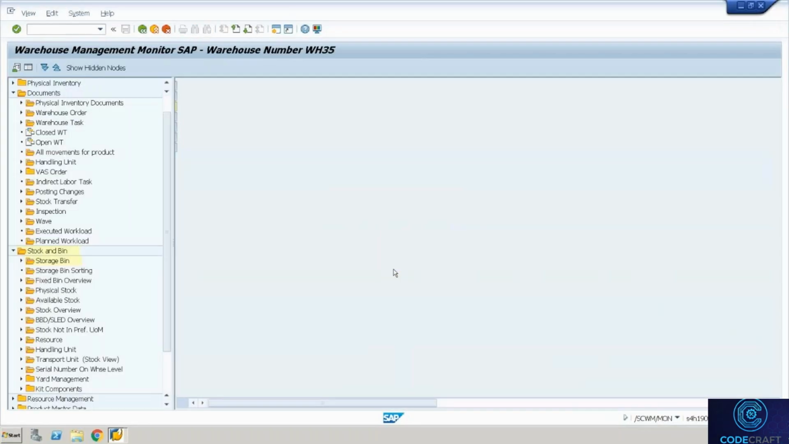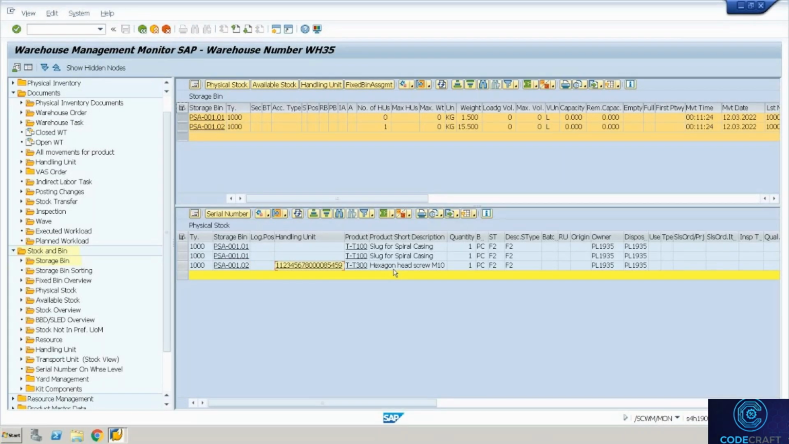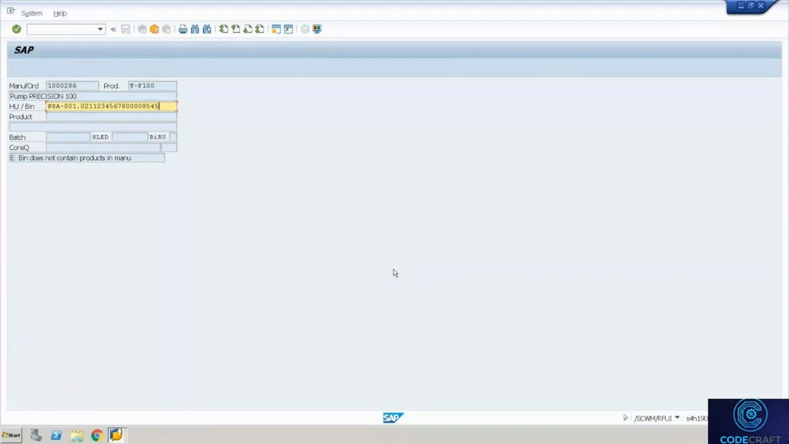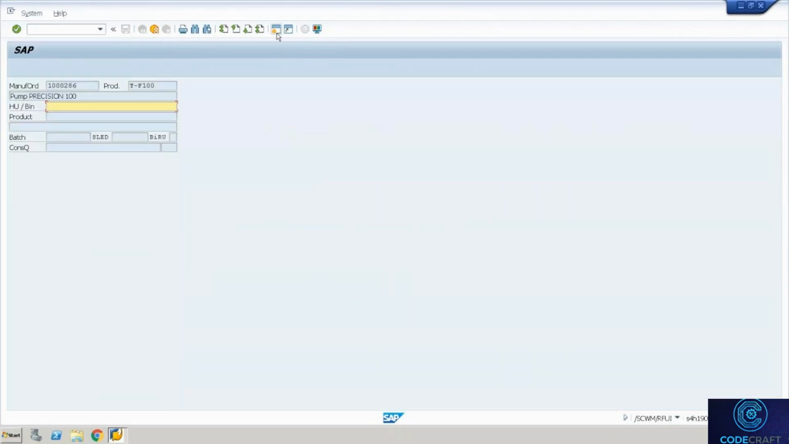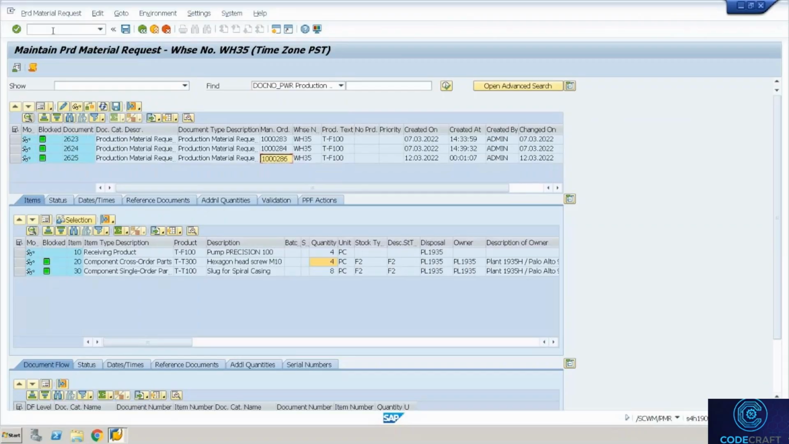Okay, I'll say this is just one piece, so I'll rather scan the pallet and can also scan the handling unit, and consume the other quantity as part of the others as well. Okay. So we have consumed one piece for both single order and cross order. Now it would go to ERP and update